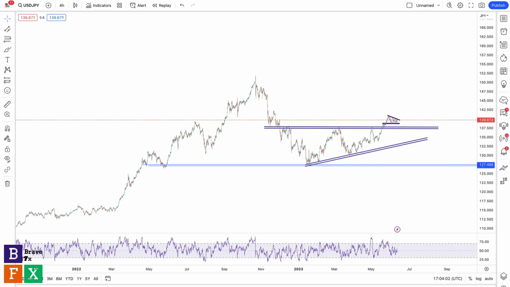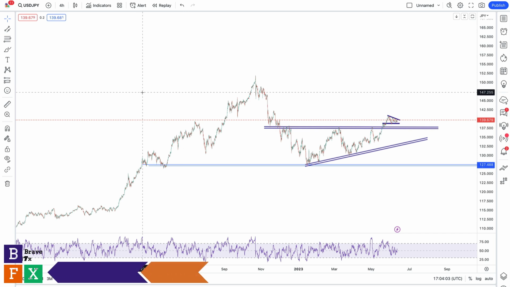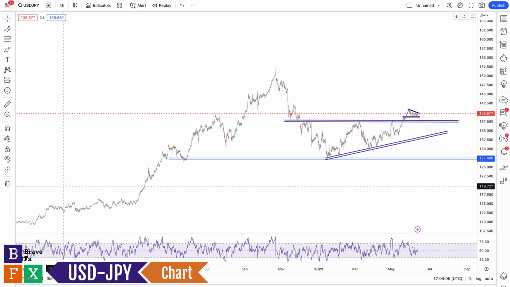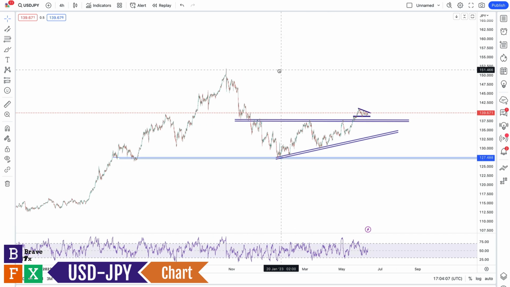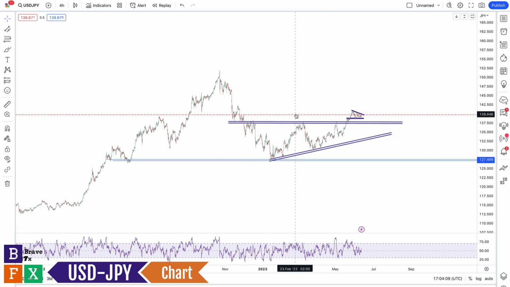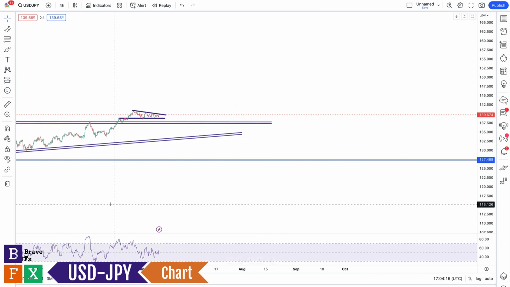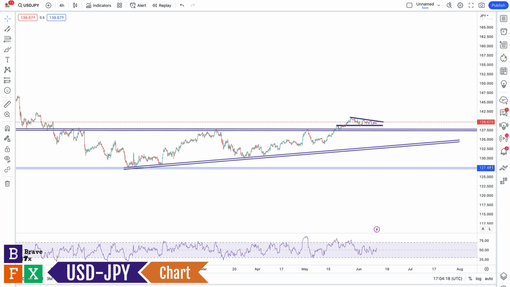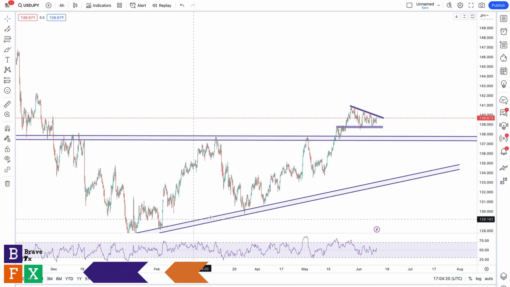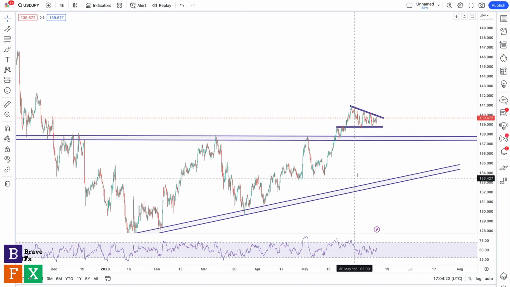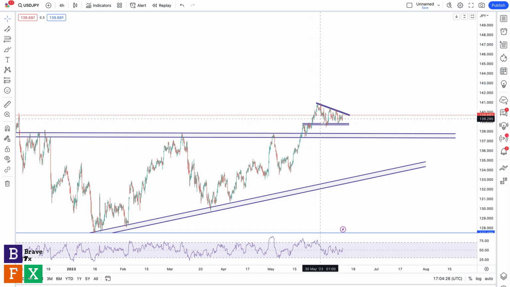Lastly, we're going to talk about USD-JPY. So this is the USD-JPY chart on a 4 hours time frame. You can see this is clearly a bullish trend, and we had a very good consolidation around these price levels, giving us an ascending triangle followed by a bullish breakout from this ascending triangle. It's an ascending triangle because we have price creating higher lows going all the way to this resistance level, right? So we had a good breakout, we had a retest, and now we seem to be consolidating above this solid